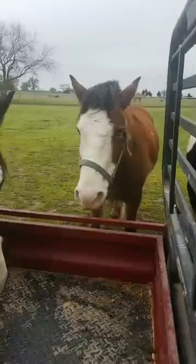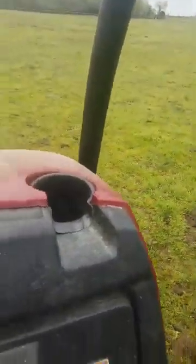And these guys have a huge pasture for them to run around and play in. So lots and lots of room. And if you guys would like to see them run, we'll get in the mule here and we'll kind of drive around. That way you guys can see them. They'll easily follow us because we have the